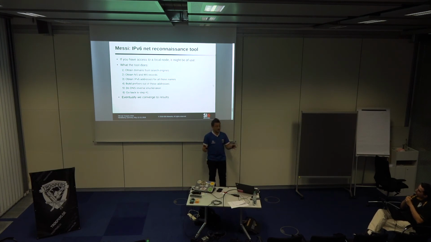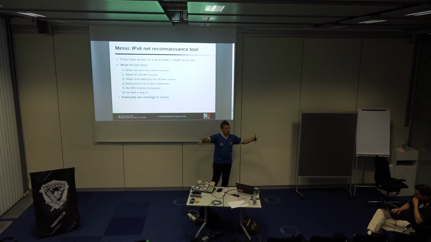In particular, there are some steps that can be slow. Like, for example, getting domain names from search engines can be slow, particularly if you want to get many of them. So right now what we do is we limit the time that we spend, for example, with the search engine, so that we get some domain names and then we can proceed. But at some point what we'd like to do is to have many of these things in parallel, like having the tool look at search engines, at the same time, for example, do DNS reverse enumeration, and have, for example, different threads or processes that are always providing information for the tool to decide.